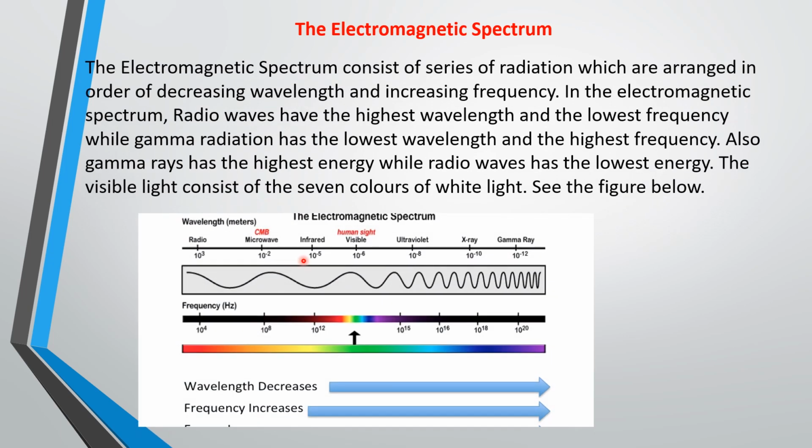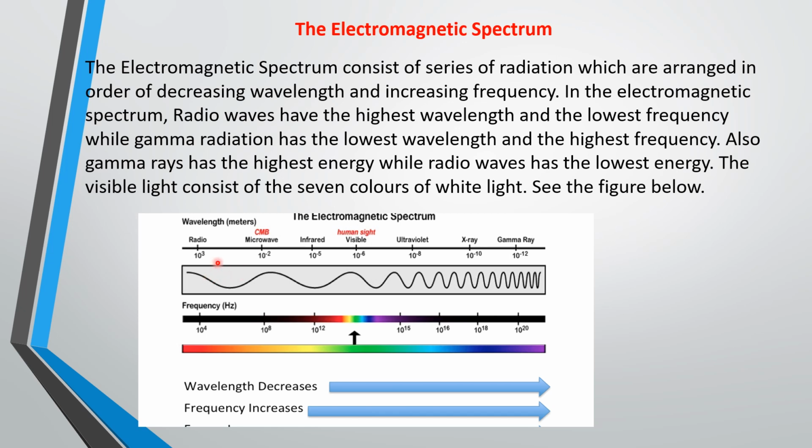So if you remember our discussion, we discussed dispersion of light. We mentioned briefly this electromagnetic spectrum. The electromagnetic spectrum consists of a series of radiation which are arranged in order of decreasing wavelength and order of increasing frequency. So in the electromagnetic spectrum, which is depicted in this picture, we have radio waves